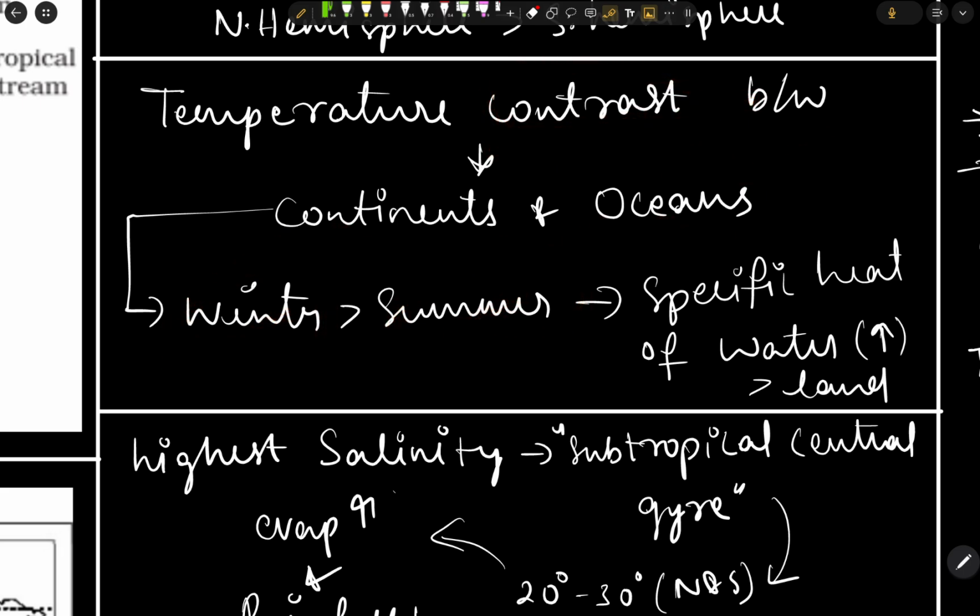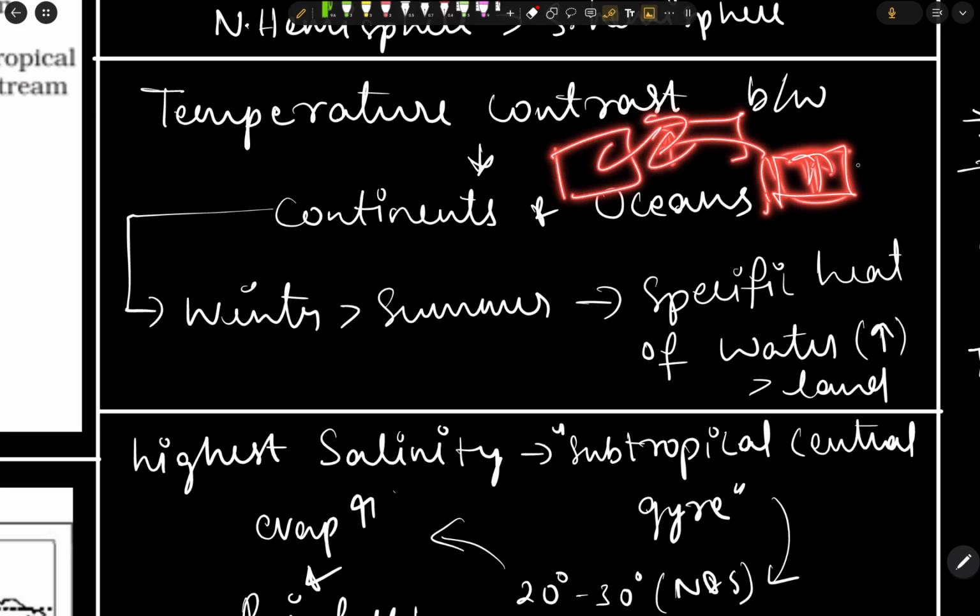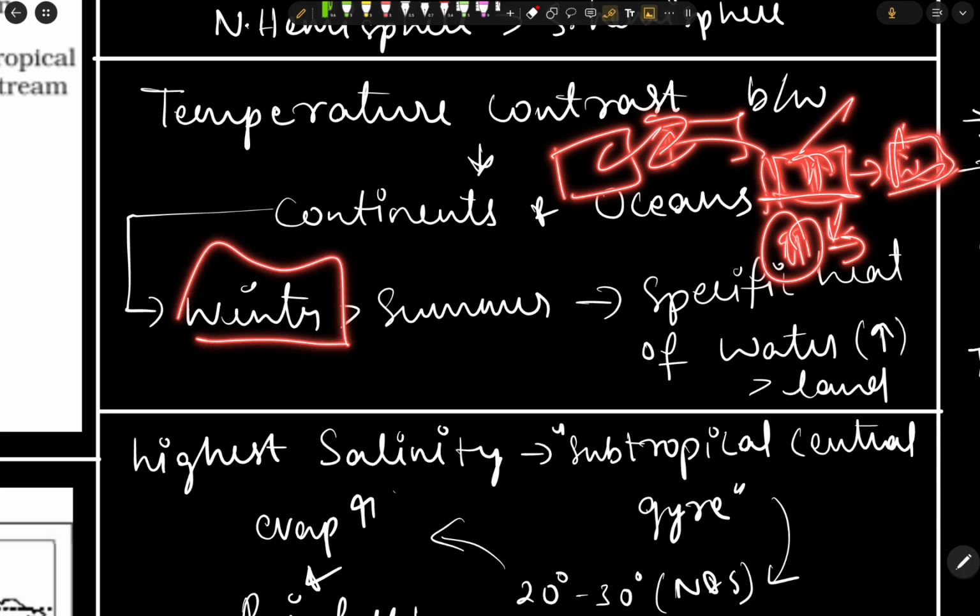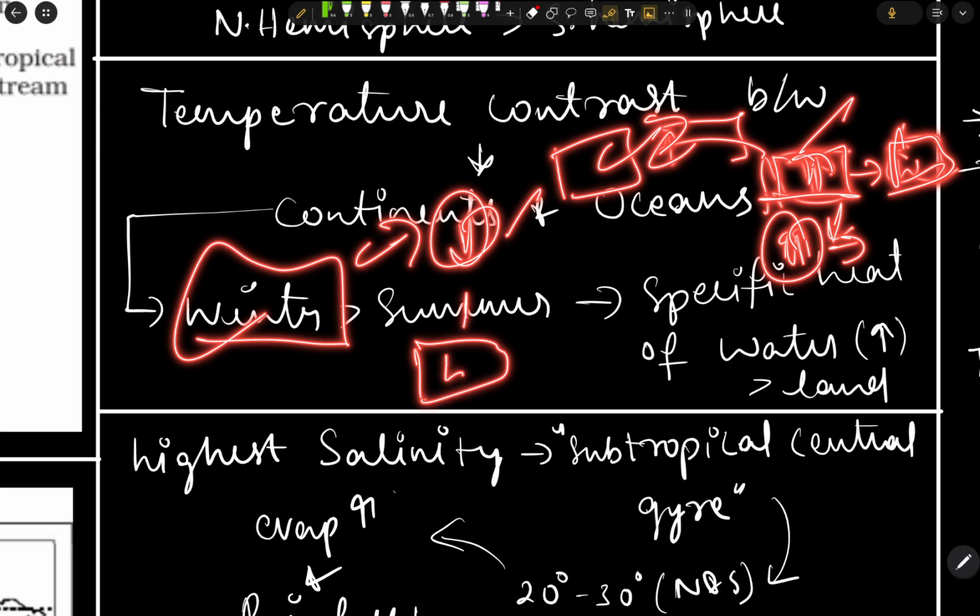Due to the high insolation, lands get heated up faster, and also the sun's insolation happens for a large period of time, and the water will also get heated up. So there is less contrast, or less difference, between land and water. But during the winter season, there is less insolation and the lands get heated up